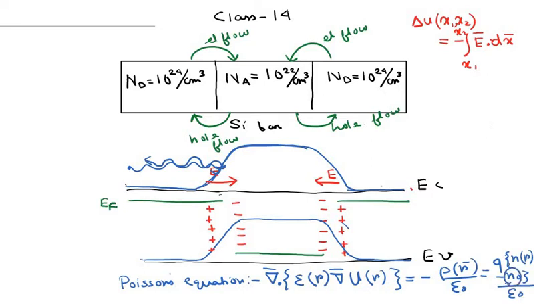So N0 is almost equivalent to the doping concentration, this doping concentration over here. And N of R is the total electron concentration when charge transfer has taken place and the device has reached